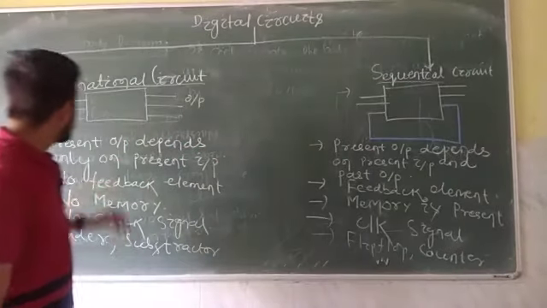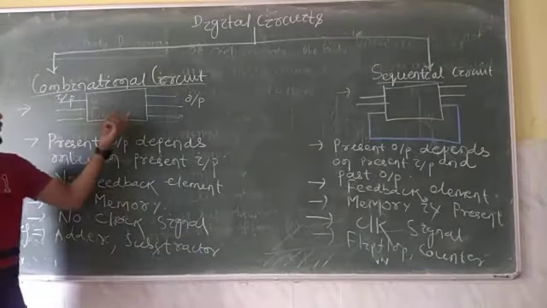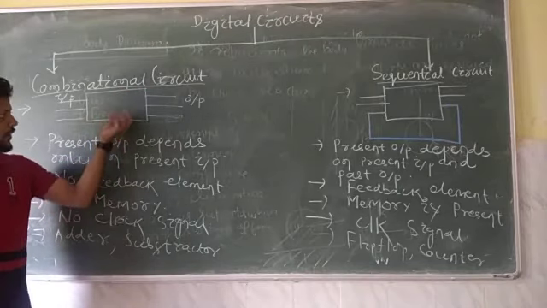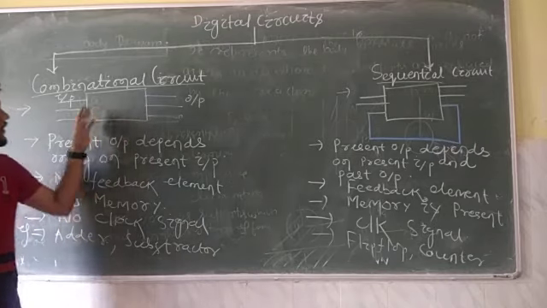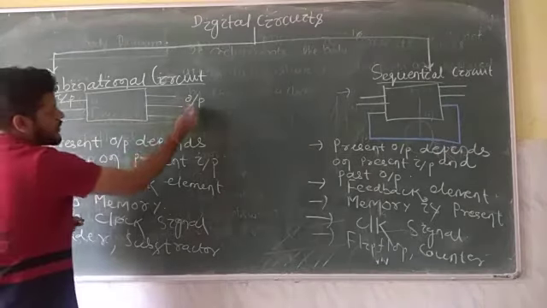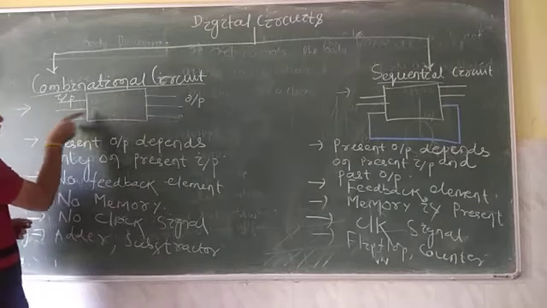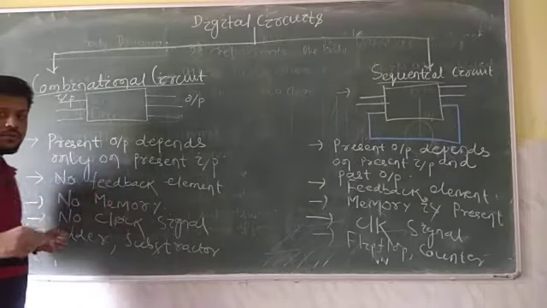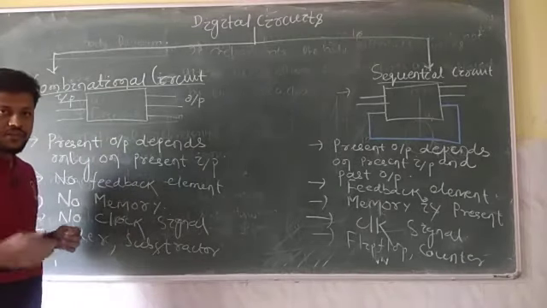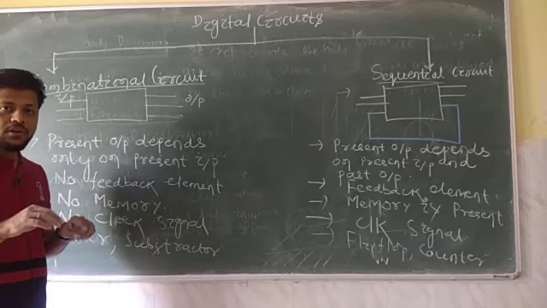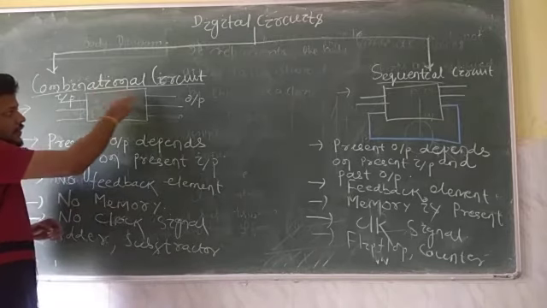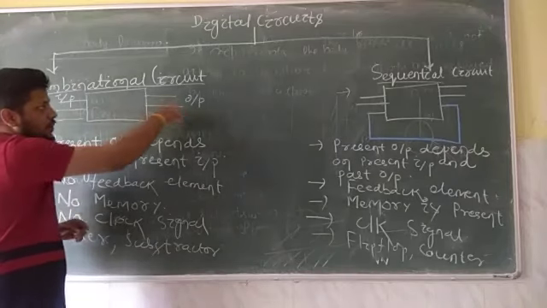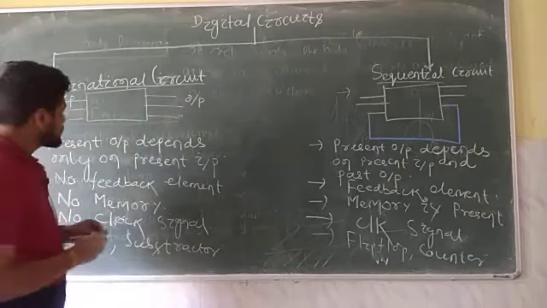In combinational circuits, just imagine you need to design this box. This box is nothing but logic gates, a combination of logic gates. Here you can see this box is the system. You give some input and that system produces some output. Just like in your calculator, you have a keypad and a display. In your keypad you enter some numbers to add, the circuits present inside your calculator perform that addition, and your display produces the output.